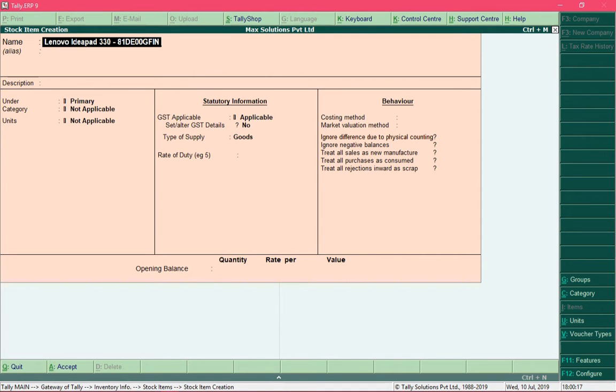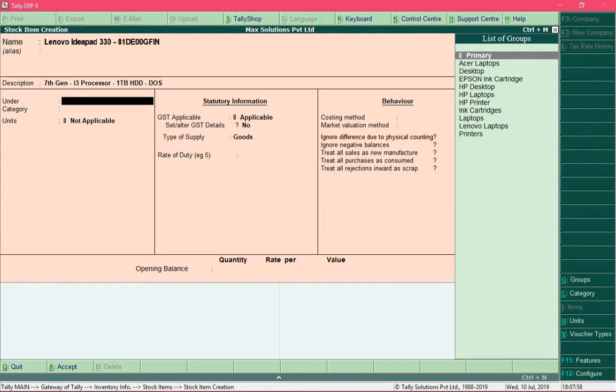Now press the enter key to navigate to the next field. Again, in the alias you can provide an alternate name. So since this is an optional field, I will leave it blank. In the field description you can provide a short description about the product. So you can add information like this product comes with a 7th generation i3 processor and it is equipped with 1 terabyte of hard disk, and it comes with DOS operating system, and press enter.